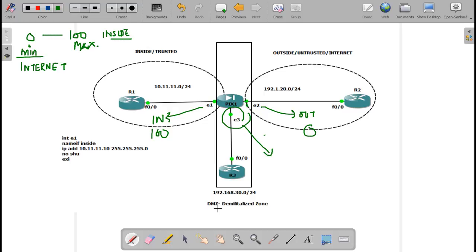Now understand what is demilitarized zone. Like suppose there are two countries, this is India and this is say Pakistan. Both their border is not same.